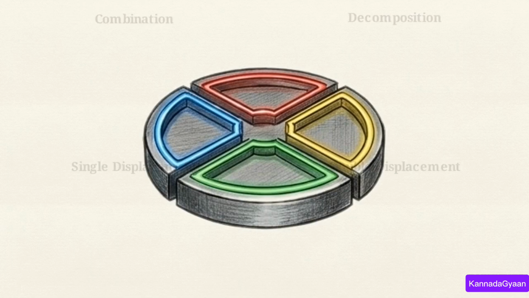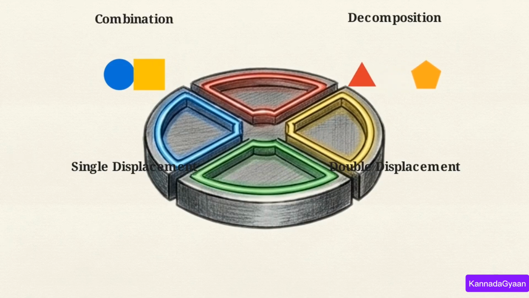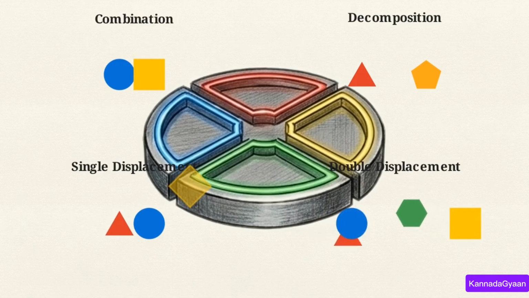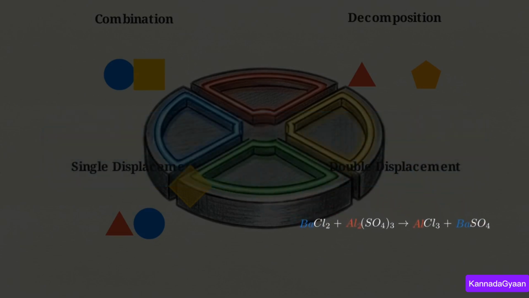Despite the millions of possible ways chemicals can interact, their mechanisms sort neatly into 4 predictable architectural patterns. In combination, elements merge into a single compound. In decomposition, a compound breaks apart. In single displacement, a highly reactive element forcibly evicts a weaker element. Finally, double displacement is a mutual exchange of ions, where distinct compounds trade components. By filtering any chemical interaction through these 4 architectures, you strip away the complexity and can predict exactly what will